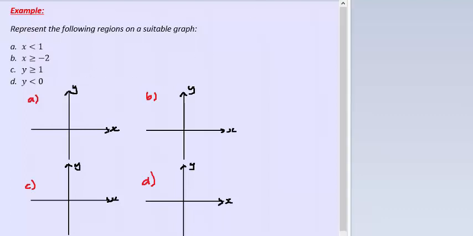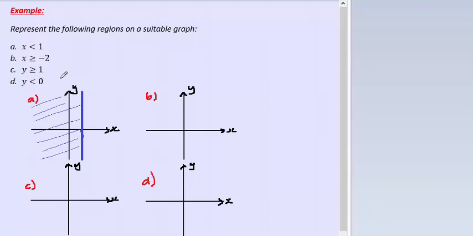So if I'm looking at an area where x is less than 1, and I'll do this one in blue, then here is where x is 1, which means anything to the left of this line, and that should be a straight line, indicates where x is less than 1. So let's straighten that up and we will start ruling what it looks like. Oops, that's not good either, is it? So let's really straighten it up properly. Get out our ruler, put in the line, and all this region, this side, is where x is less than